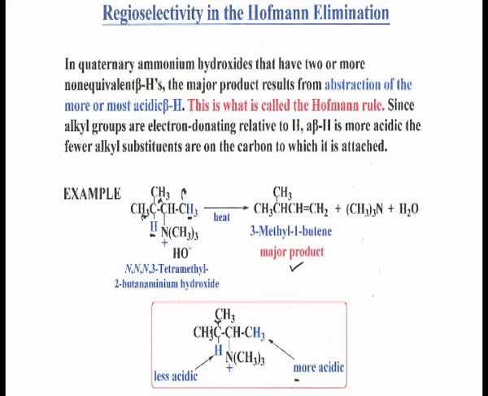In the Hofmann product again, if there are 2 beta hydrogens, which one will be selectively eliminated in the elimination reaction? The answer is whichever is more acidic, because the more acidic one will be easy to leave. How to know which one is more acidic? What sort of other functional group, electron donating or electron withdrawing group, is present, you will have to calculate and check, and steric factor also comes to the rescue, and it says that this is more acidic. So, you get the major product as this one.